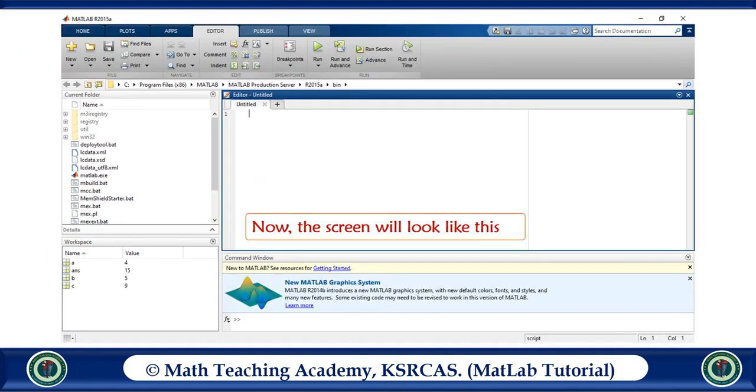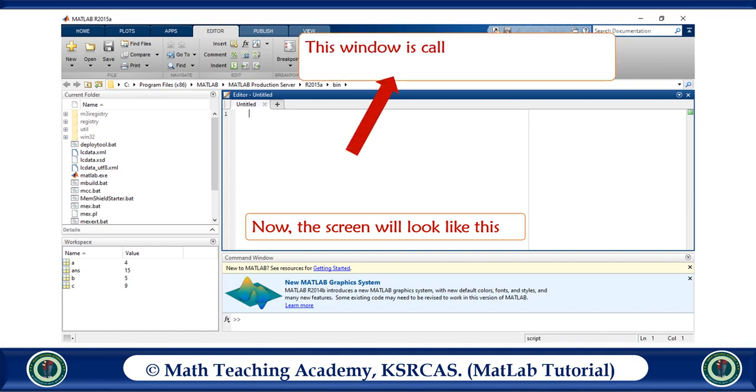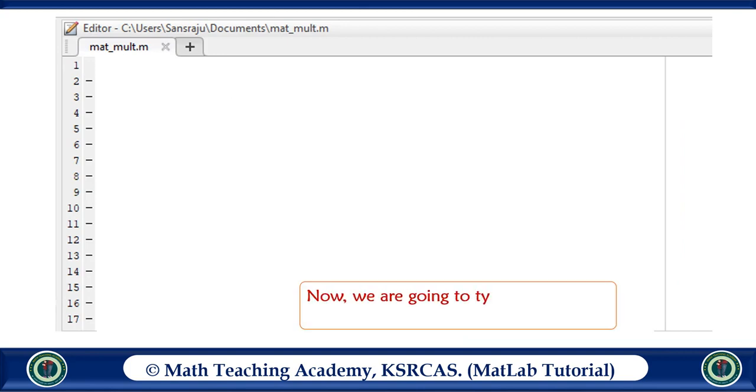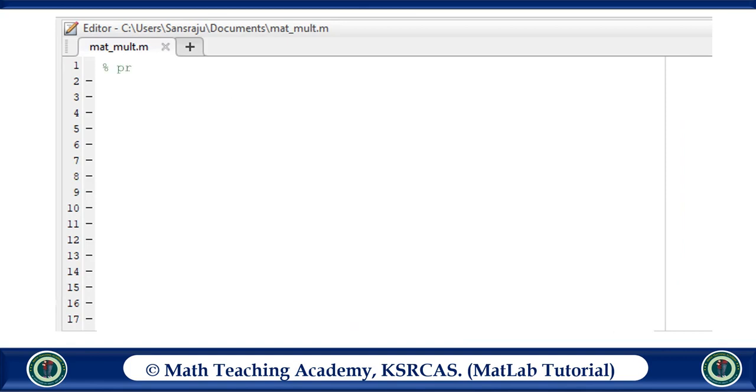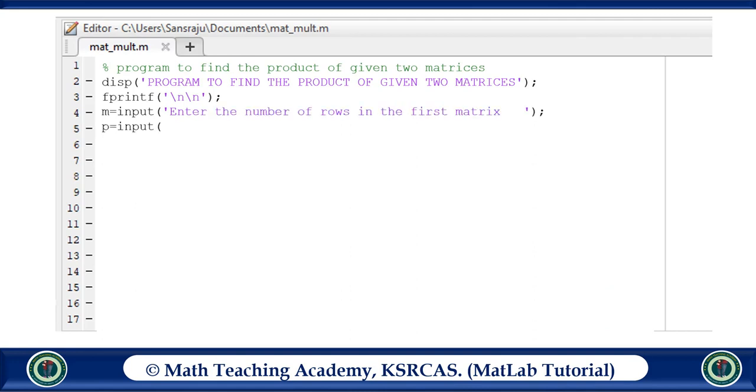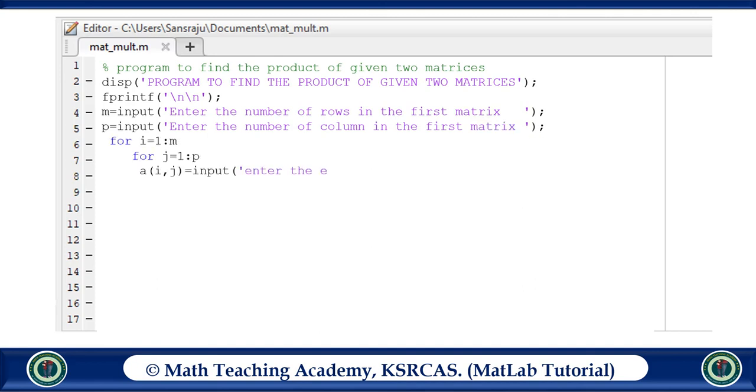Now the screen will look like this. This window is called the MATLAB text editor. Here you can type your coding. Now we are going to type the coding of your program. Have a look at the coding line by line.